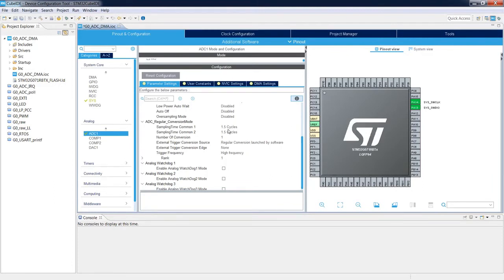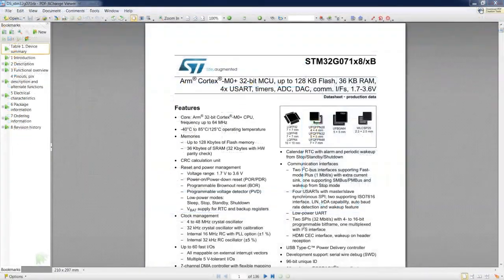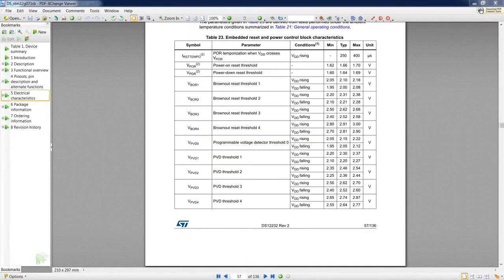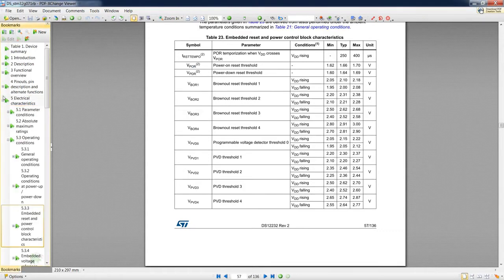How to reach documentation of our microcontroller? In the meantime, I have opened the datasheet for our STM32G071 microcontroller. Let's try to find the proper value of the sampling time of our temperature sensor. For this purpose, we'll have a look into the electrical characteristics and operating conditions.